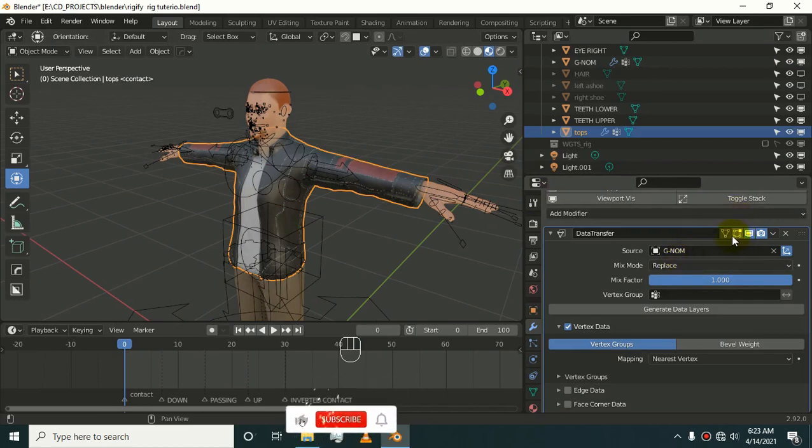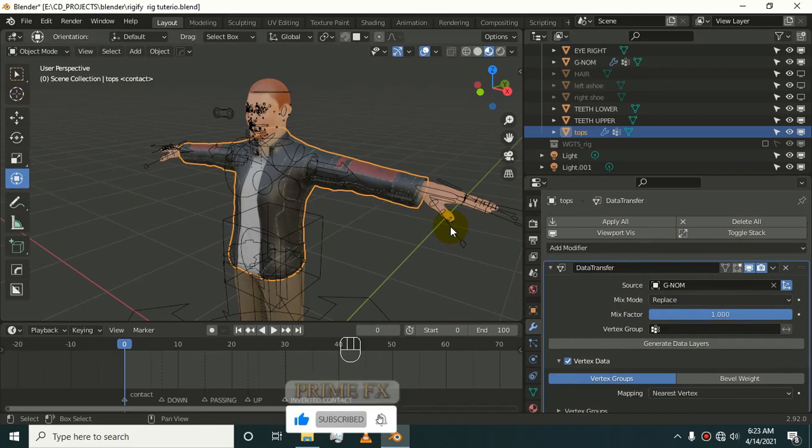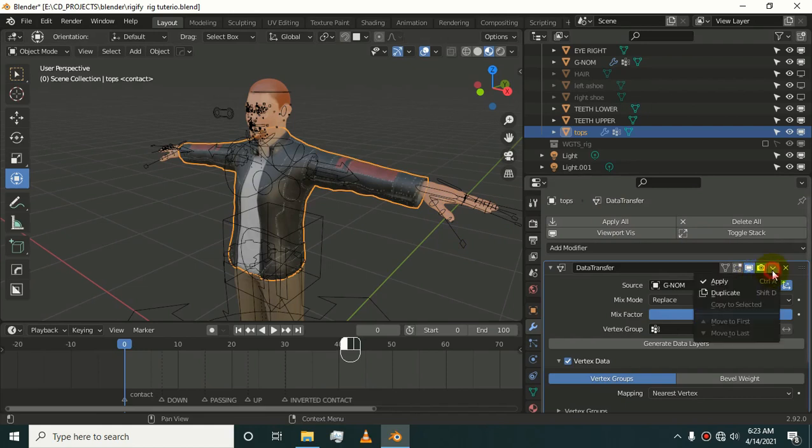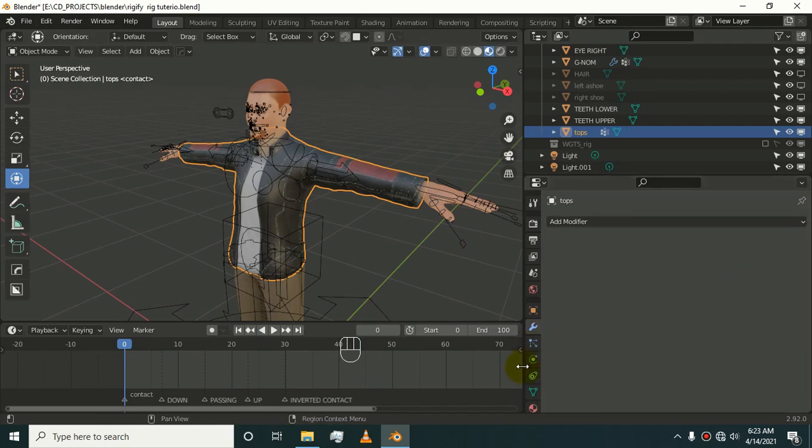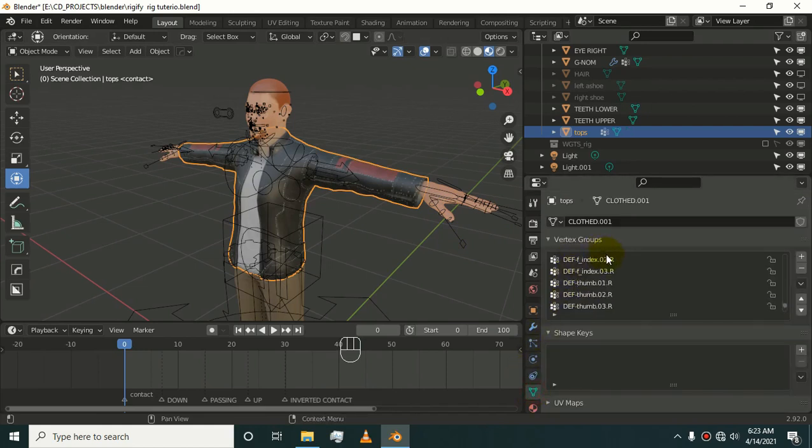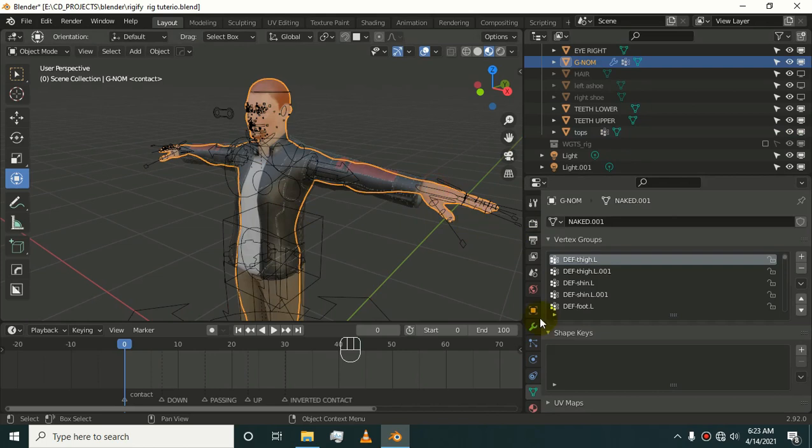To attach it with our body, we just have to apply it. Now we can see we have all the vertex data from our body.